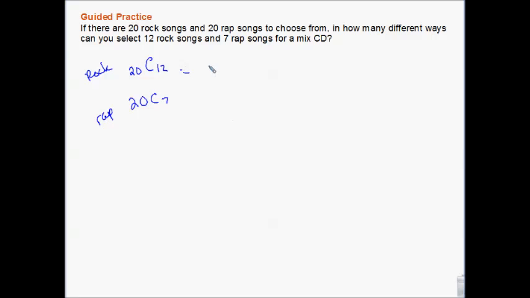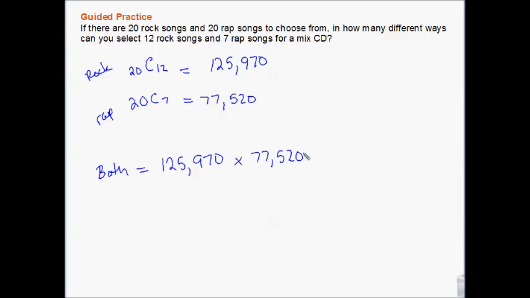So there are 125,970 different combinations of the rock songs. And there are 77,520 different possibilities for the rap songs. And for both, to make the actual tape, guys, shh. Okay, so we take both, we multiply them together. So I'm going to do 125,970 times 77,520, and I'm going to get